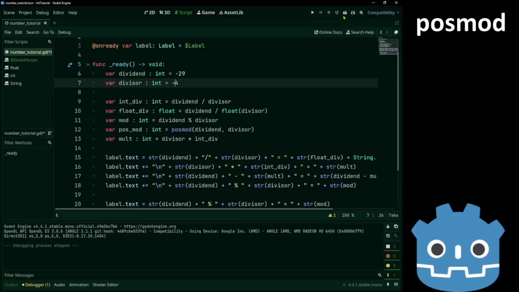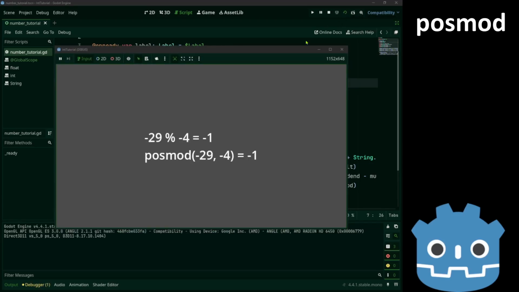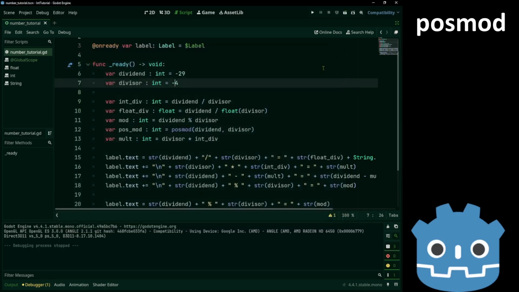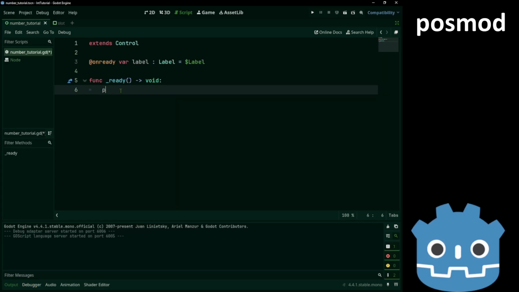Now if both are negative, both the divisor and the mod have negative sign. So posmod gives us the same result as mod. One last thing, with posmod, y cannot be 0.